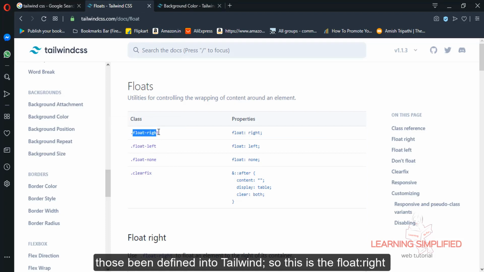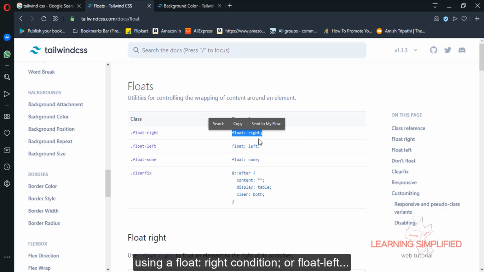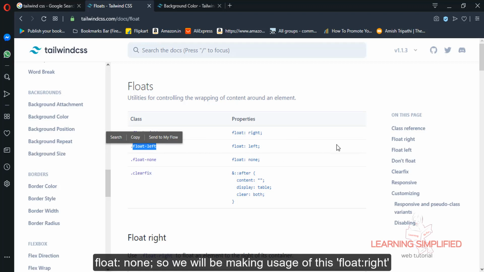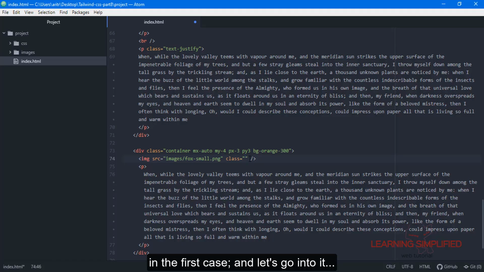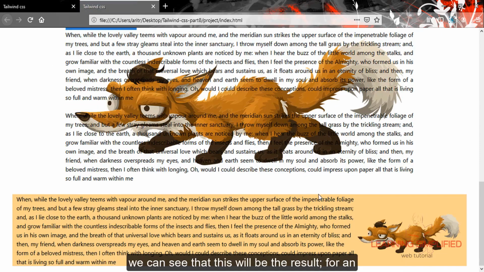So this is the float-right class that we had used, and if we look into the property, we can see that it is using a float right condition, or a float left condition in the case of the float-left class used in Tailwind CSS, and float none. So we will be making use of this float right in the first case, and let's go into it. So we are making use of this float right condition. Now if we get back to our project and reload, we can see that this will be the result.